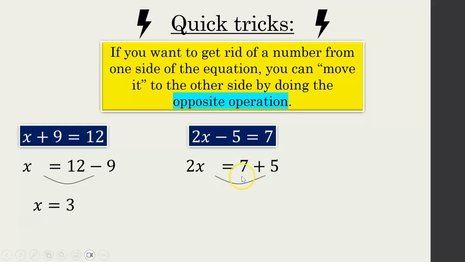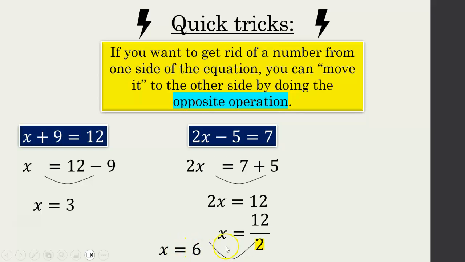Okay, so I have 2x is equal to 7 plus 5, so that's 2x is equal to 12. Now I don't want 2x, I want x by himself. Now remember, this is 2 multiplied by x is equal to 12. I don't want 2 multiplied by x, I want x. So what happens if I bring the 2 over? Well, it'll divide by 2. So remember, it was 2 multiplied by x. If I bring it over, it does the opposite operation. It divides by 2. So I get x is equal to 12 divided by 2,